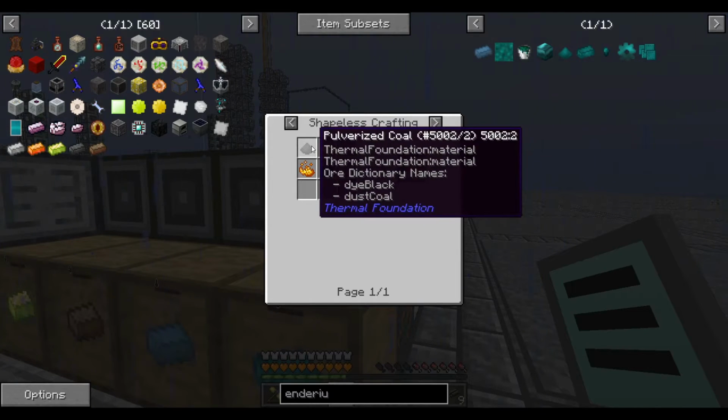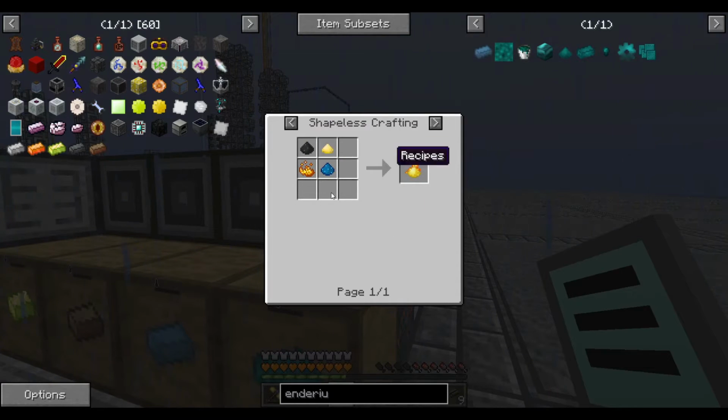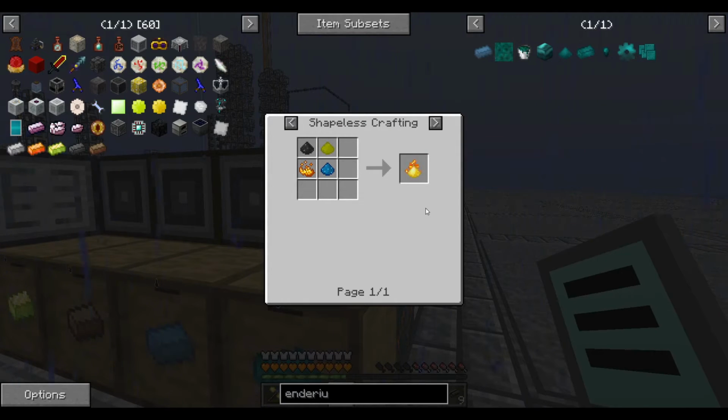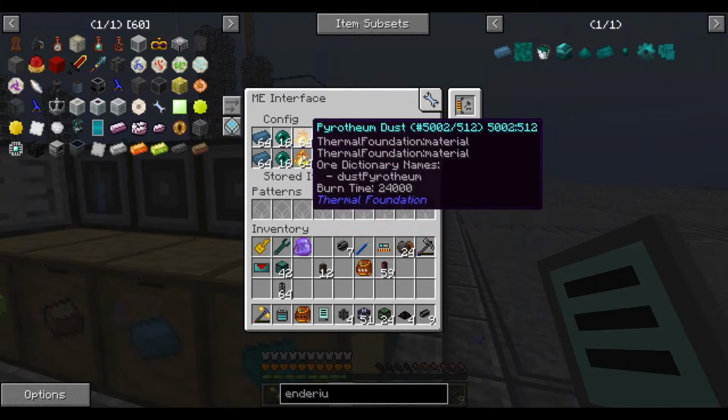That's why I'm passively crafting coal dust here. This craft will never fail. By the time I don't have resources to make pyrotheum, something catastrophic has happened, like an IC2 reactor has blown up in the base or something. Because of that, I'm reasonably confident to say that if I put a crafting card in here, this crafting recipe